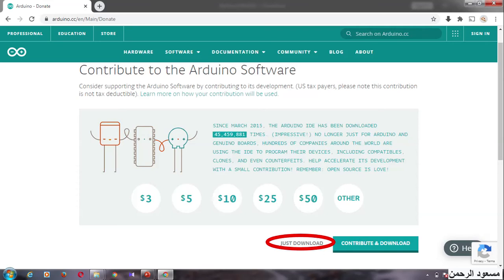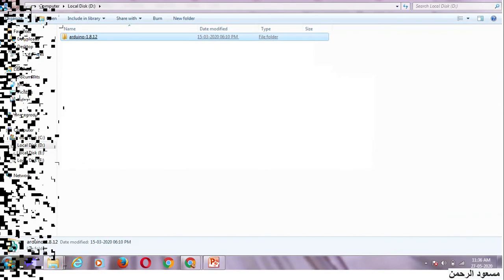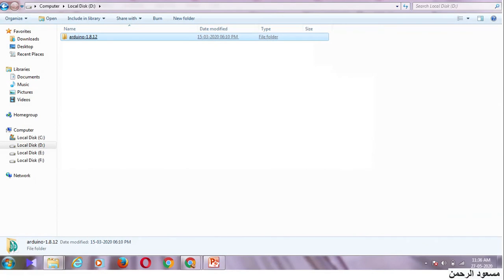Right click the downloaded zip file, and you will be given the option to extract it. You can use WinRAR or any other unzipping software to extract it, and keep it in any location, maybe on the desktop or in some other folder on your laptop. After unzipping and keeping it in a folder, it will look like this, with the name Arduino 1.8.